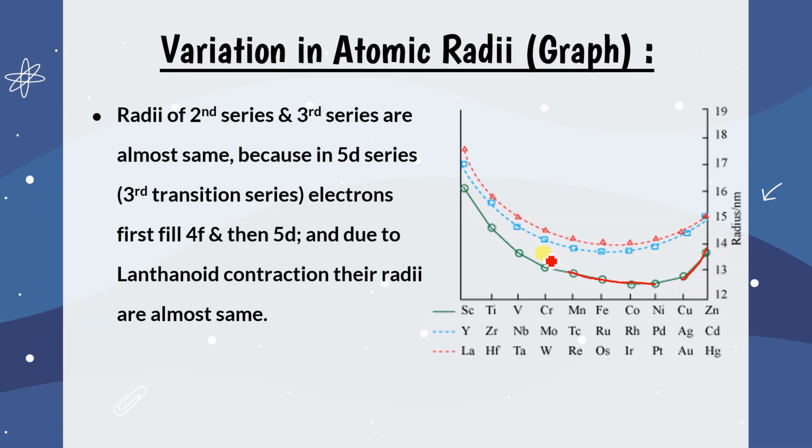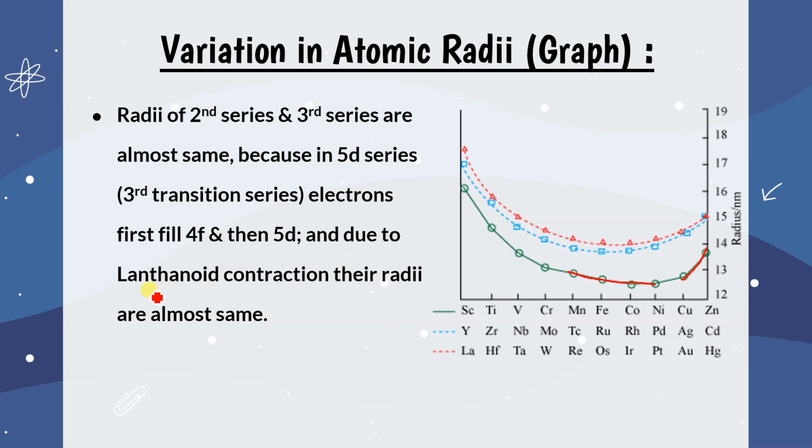Okay, this one is for 4D. So 4D has more energy, more atomic radii, we can say, in comparison to 3D. But if we check this is 4D and this one is 5D. So 4D and 5D, they almost have the same atomic radii. There isn't much change. It's minor, like we can say that for the 4D series and 5D series, the atomic radii remains almost constant. Yes. So what is the reason?